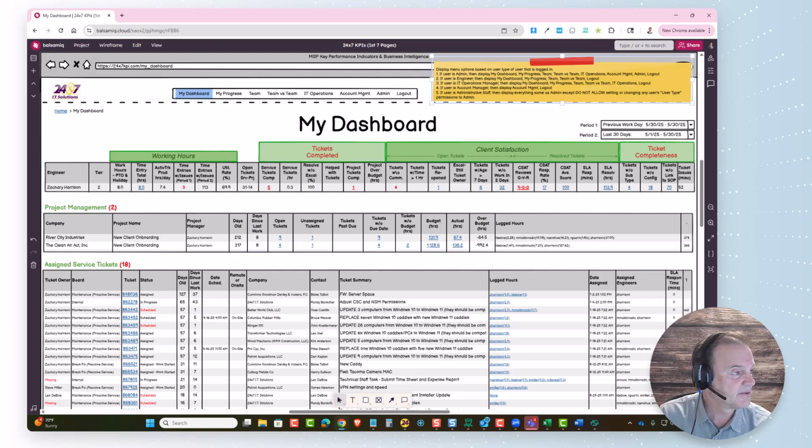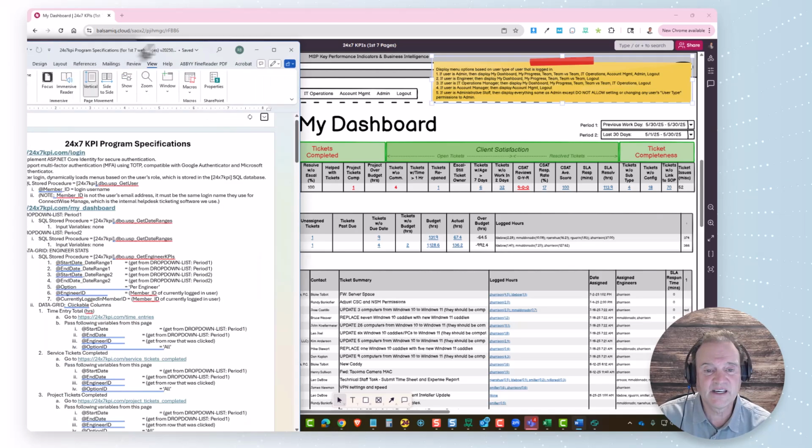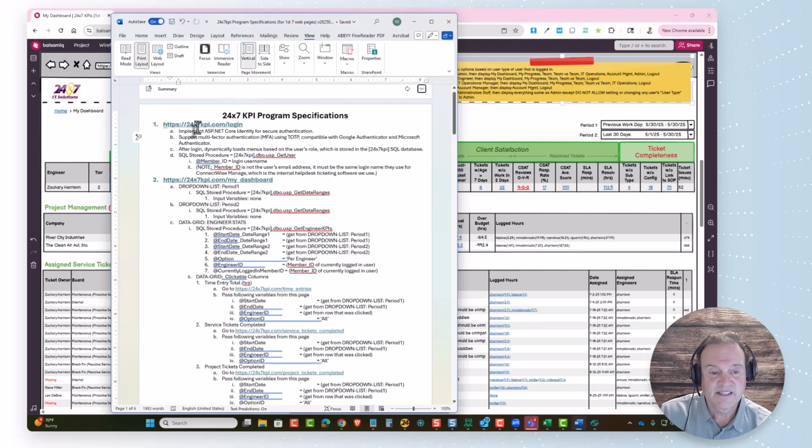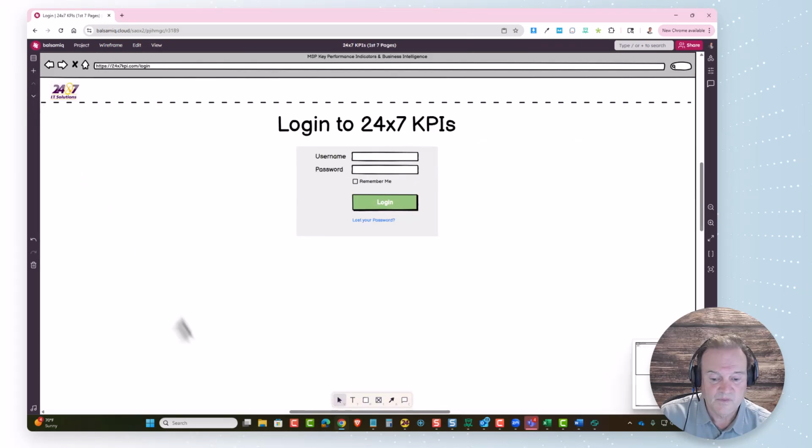So let me show you the PDF specifications. So I've listed out all 7 pages here. So I guess let's go back to the login screen. Here we go. Let me bring back up that